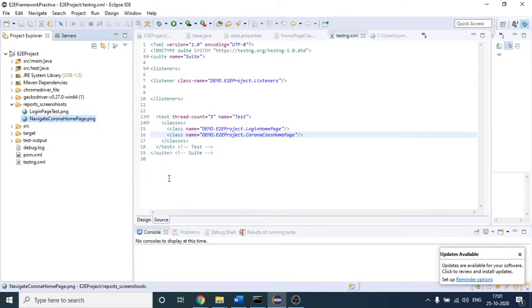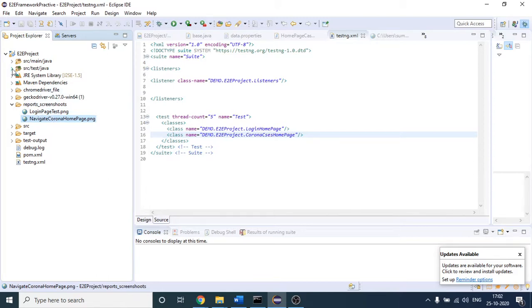But I want some report generation. Those reports are called extent reports. Why we are making that report is so that, whatever the failure result, we can provide that report to our client. So this is the reason we are creating the extent report. Today we will see how to make that extent report, and whatever screenshots we are seeing here, we will inject those screenshots into the report itself, so that you can just hand over that report to your client, and that's all.